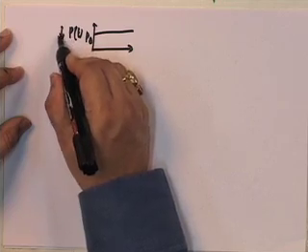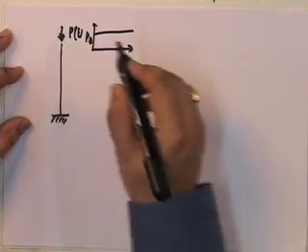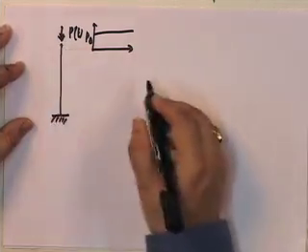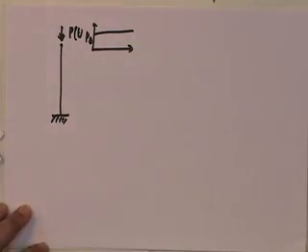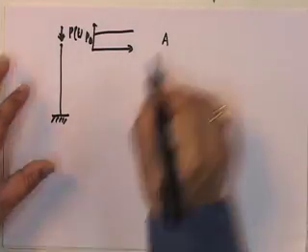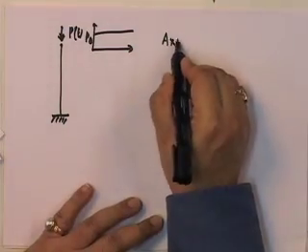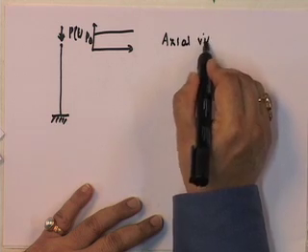It's a suddenly applied load, and this load is applied at the tip. So that is my loading. I want to find out, and this is for axial vibration, I want to find out the axial vibration